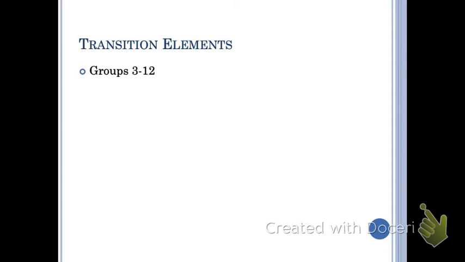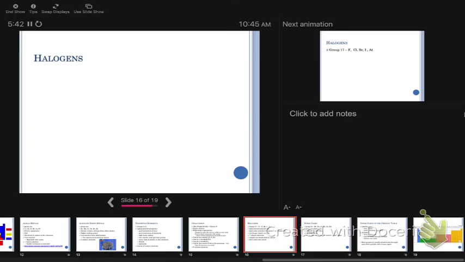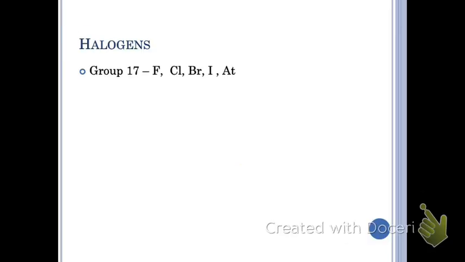Okay, I'm going to skip over to group 7 or 17, called the halogens. The halogens are group 7, or 17 if you're naming them that way. How many valence electrons do you think that group has? They have 7. Remember, we're going to just label them 1 through 8. So these guys have 7. Let's call it group 7. They have 7 valence electrons.